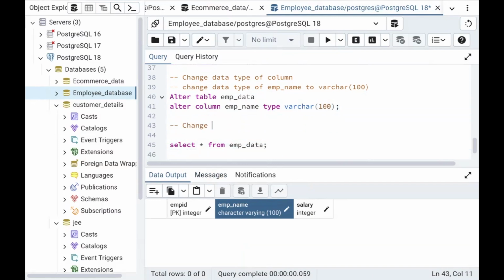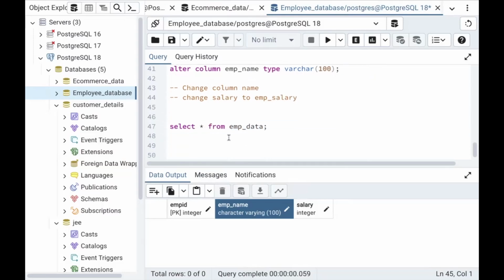So now how to change a table name itself? Oh sorry, first let's see how to change a column name. How to change a column name? Let's change salary to employee salary. How do you change it? ALTER TABLE with the table name, and then what do we have to do? We have to rename it, right?